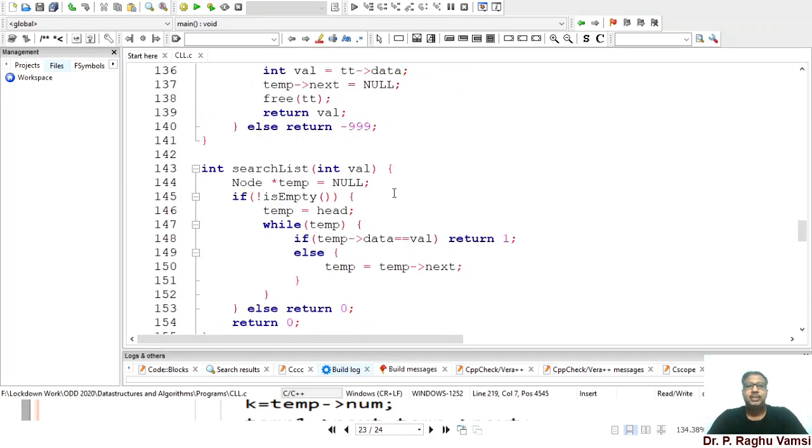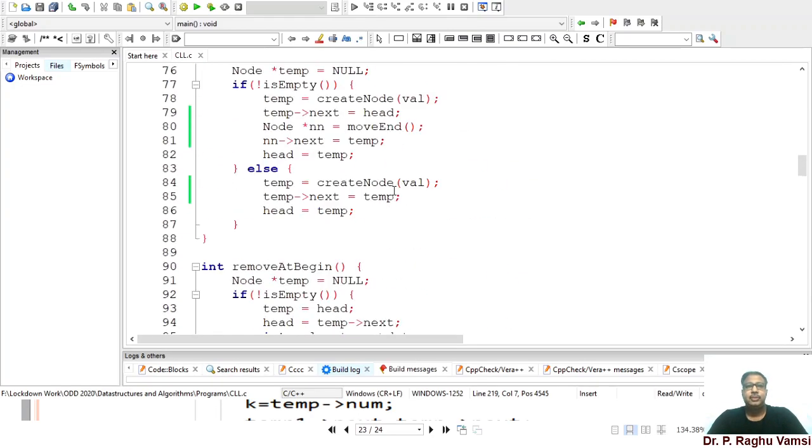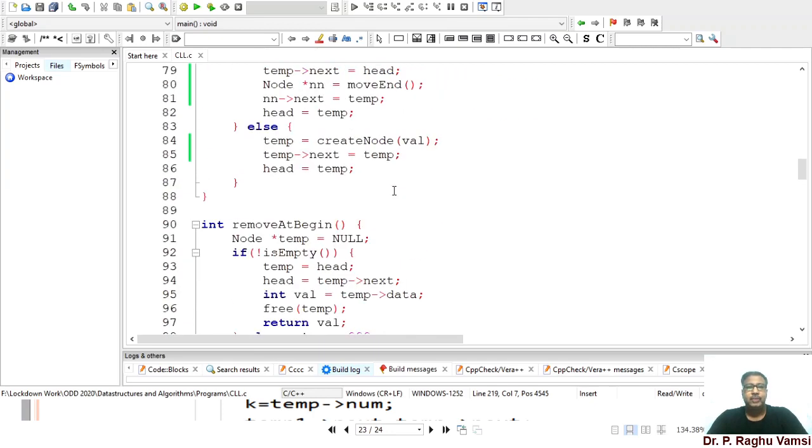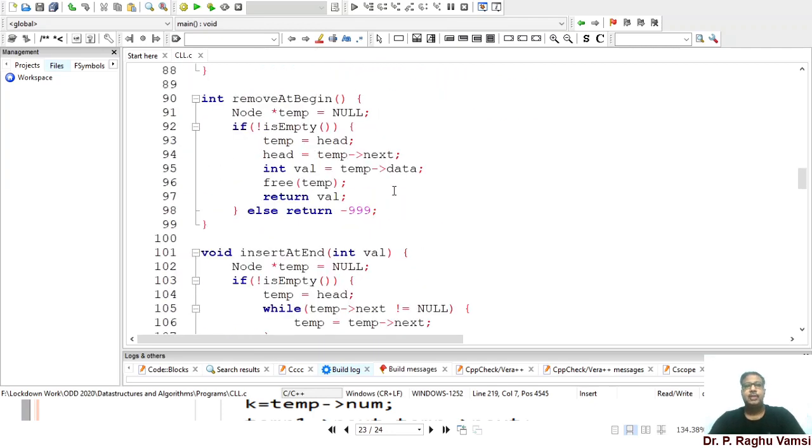Since we have written the insert at begin, we'll try to implement the remove at begin. In order to remove at begin, obviously you can remove the node at begin, but the last node's address will point to the removed node's next one, because you will make the removed node's next address the head node.